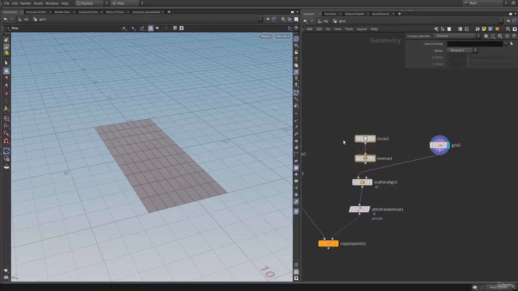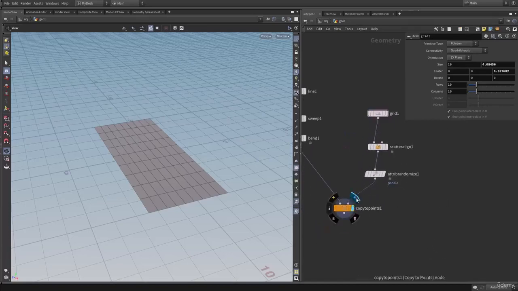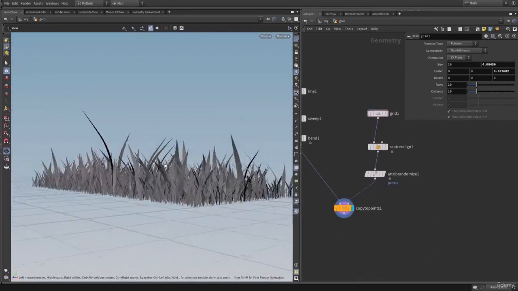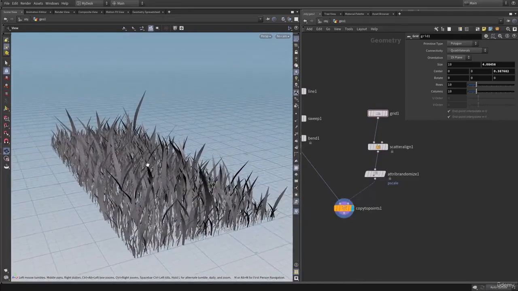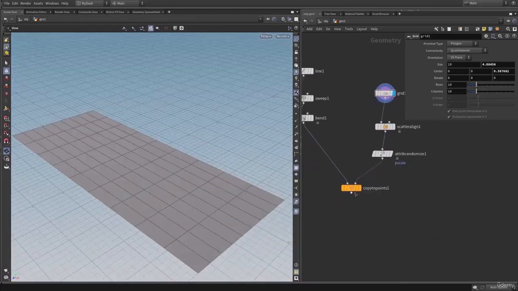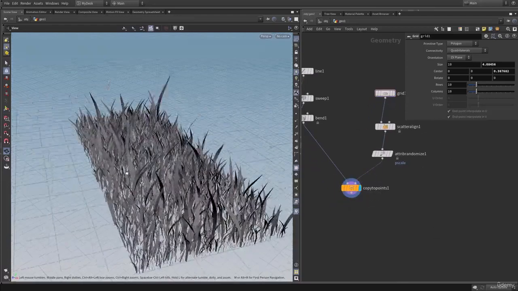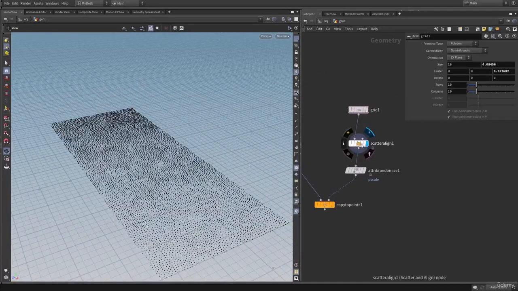So let's remove the circle, we don't need that. So here we have the grid, and now if we set the display flag onto the copied points, as you can see we are making the grass onto the grid. Okay, so here onto the scatter and align,